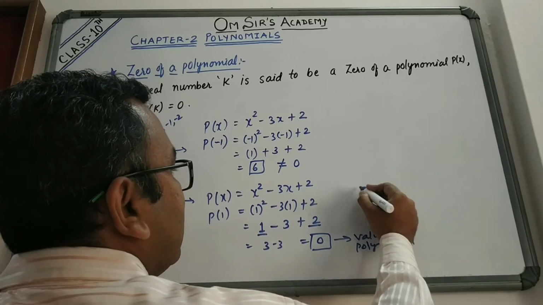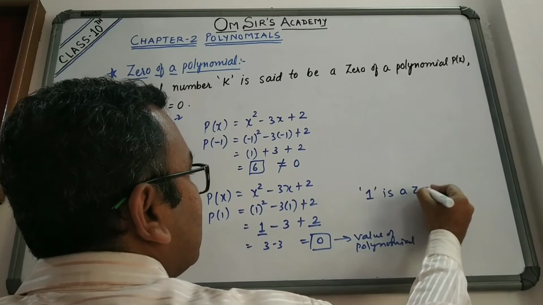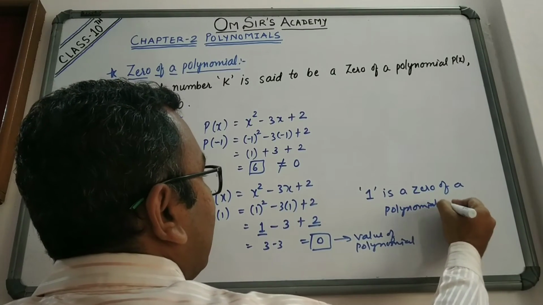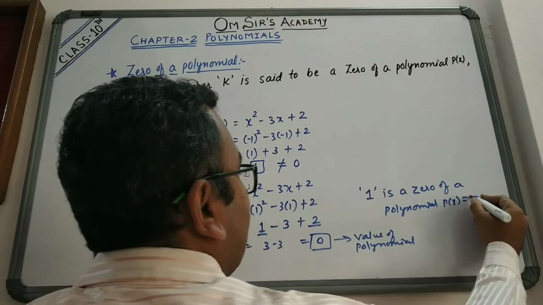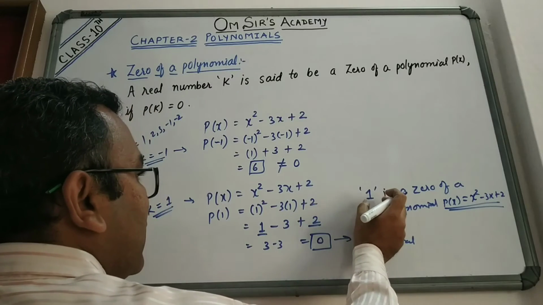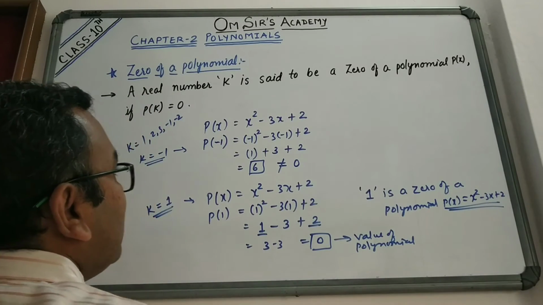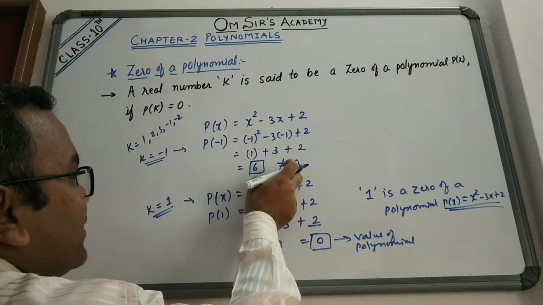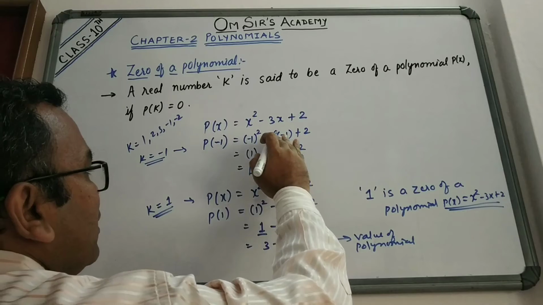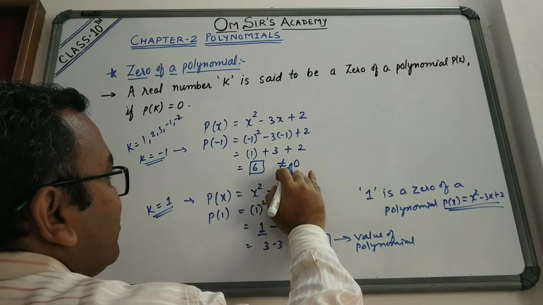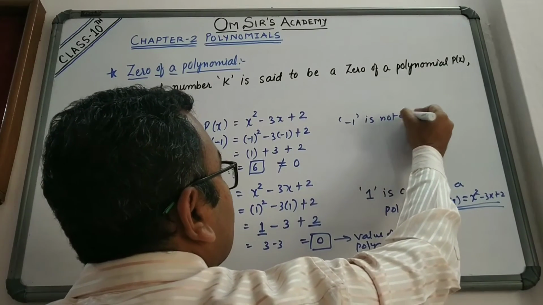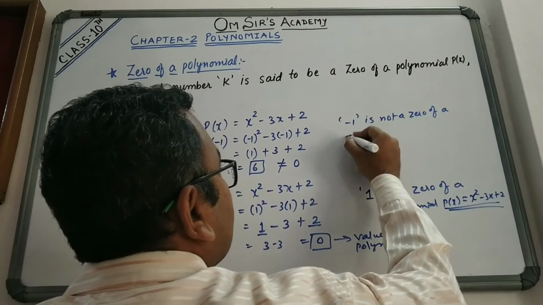So here I can say 1 is a 0 of the polynomial p of x equals x square minus 3x plus 2. तो ये मेरा पॉलिनोमियल था, उसका 1 0 है. Is it clear? Here p of minus 1 was not a 0 of the polynomial. Why? When I substitute this value in the same polynomial, I got answer 6, which was not equal to 0. So here I can say minus 1 is not a 0 of the polynomial